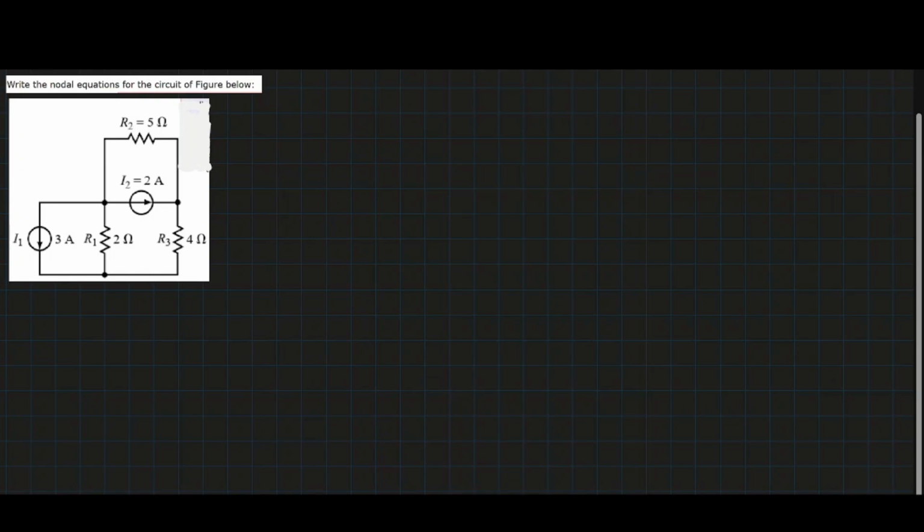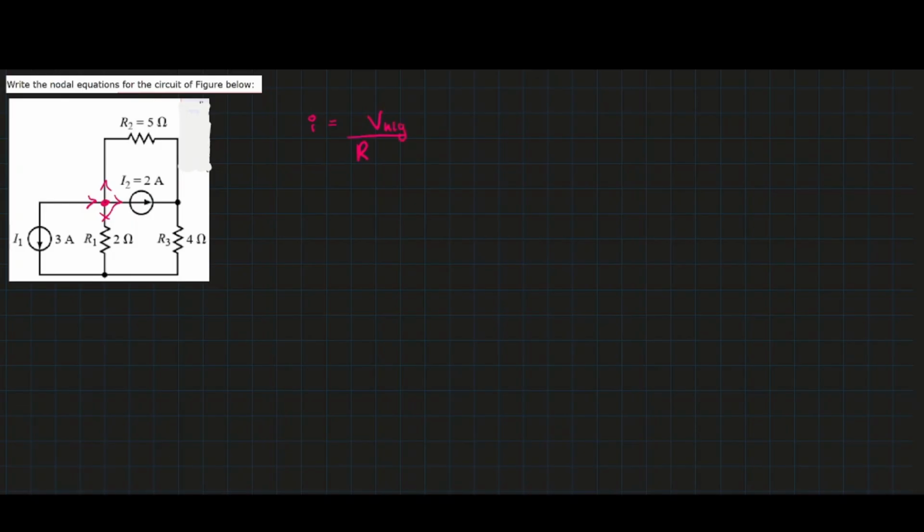Hi guys, we're going to be solving for the nodal equation of the circuit. So I'm going to be using KCL. KCL is basically the sum of currents going to a particular node is equal to the sum of currents leaving that node. And I'm going to be representing current as the normal V over R, but this time